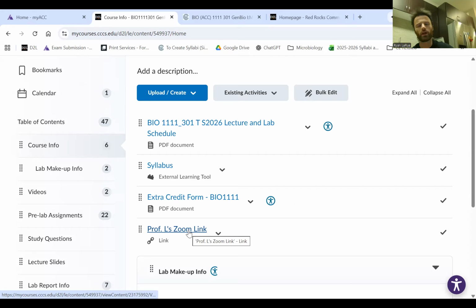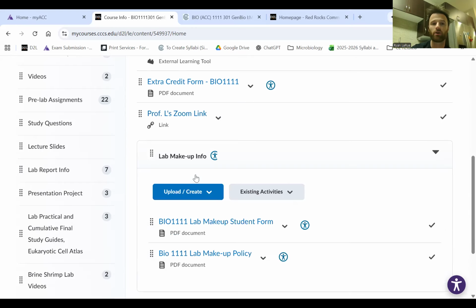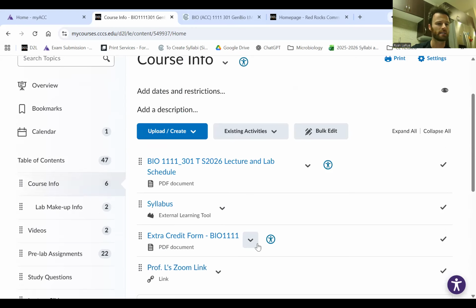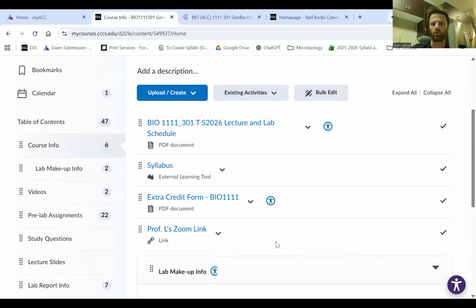Oh, and if there's a snow day and I hold class over Zoom, it's interesting when it's hybrid because it would be lab. So maybe I would just go over the lab or something, cross that bridge later. But anyways, that's there. Lab makeup info if you have to miss. So good stuff there.